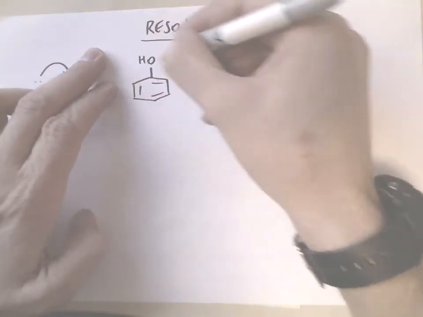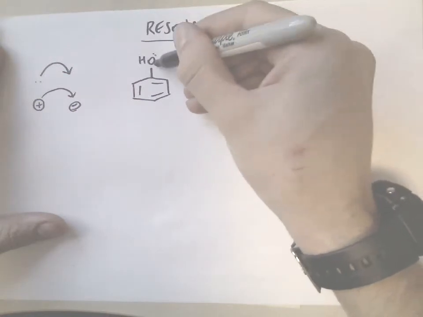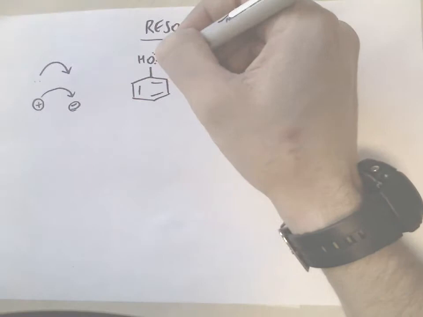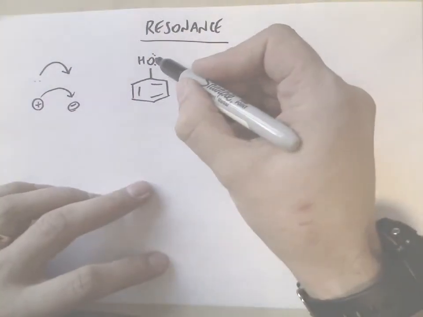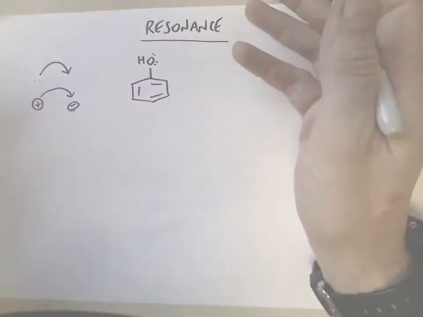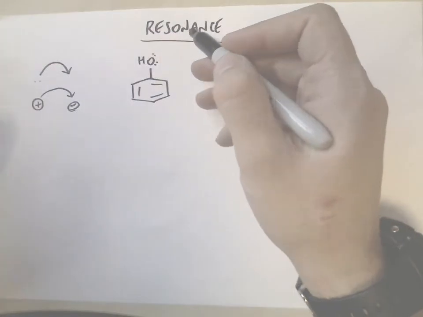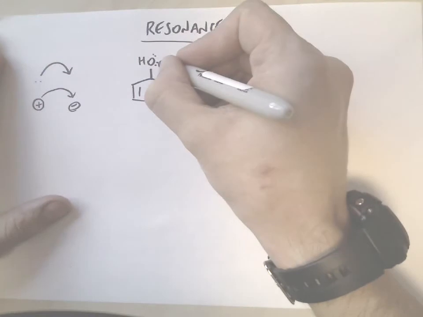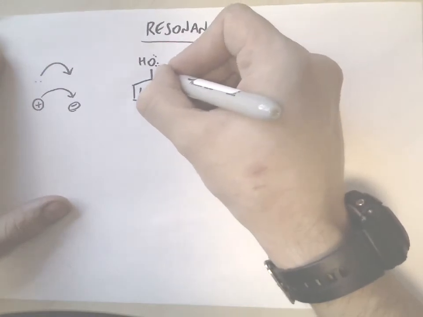here we have phenol, and this oxygen has two lone pairs on it, and the lone pairs on this oxygen are delocalized around this whole benzene ring. That's just the way it is. And what resonance allows us to do is understand how and where those electrons are delocalized around the ring. And so what you can do is you can push this pair of electrons with an arrow, just like we